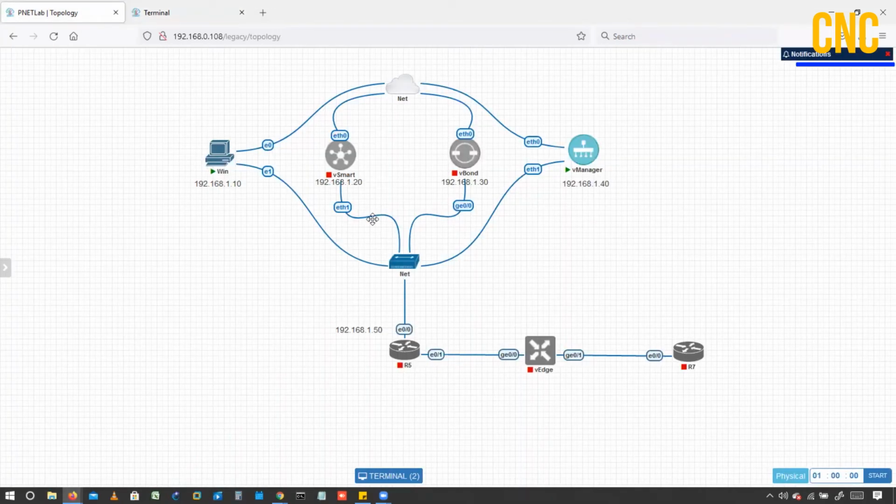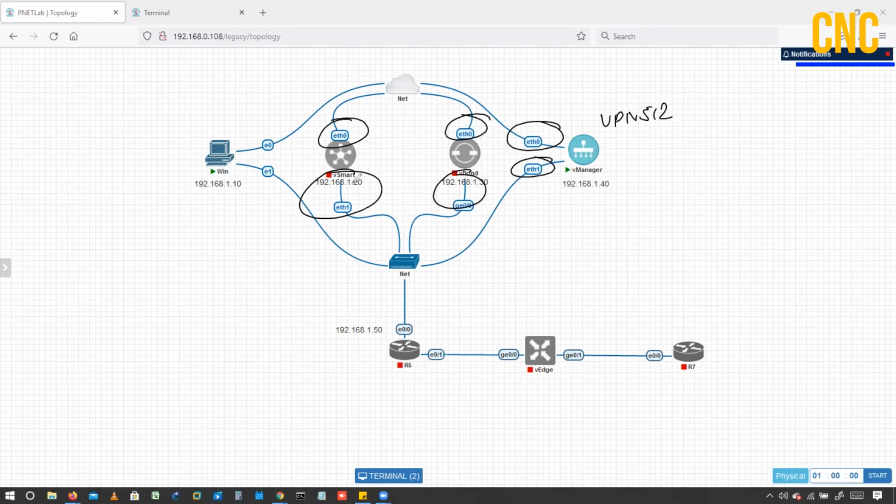As we know, the things about the VPNs I'll discuss in the theory part. Right now we are doing the practical part. So what I'll do here is take this management interface in VPN 512, and the transport interfaces, on which I'll configure these sites and connect these sites, I'll take in VPN 0. VPN is just like a VRF on normal routers.